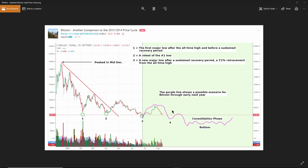And you can see what I did is an update on TradingView. You can update your charts, and so all these candles in this greenish area are the new candles since I published the chart. And it's sort of following this pink line that I drew in. I've got a lower low down here at number 4, which is about in the $5,000 area. I was thinking if this major support at 6 doesn't hold, I think that would be the next level. So I drew that in here at number 4. Maybe another bounce off of that and a failure of that $5,000 level, to ultimately get us down here around 4,000 before we enter a consolidation phase, and then